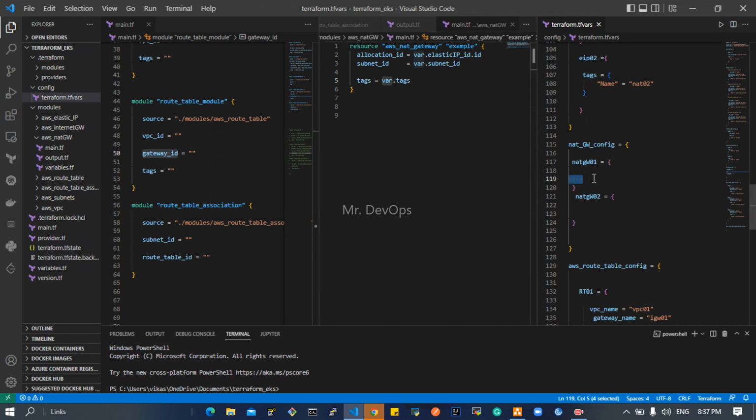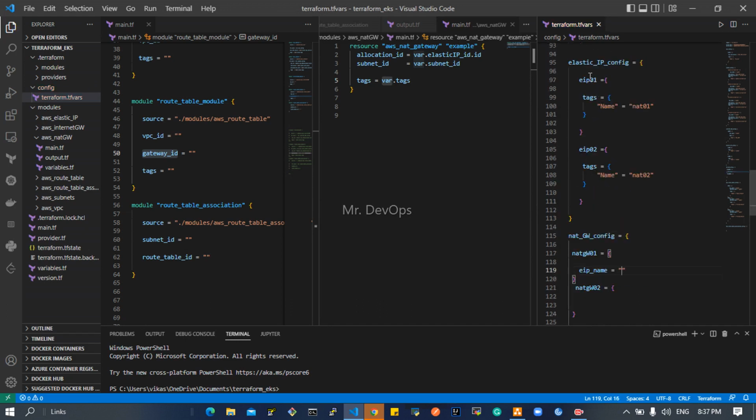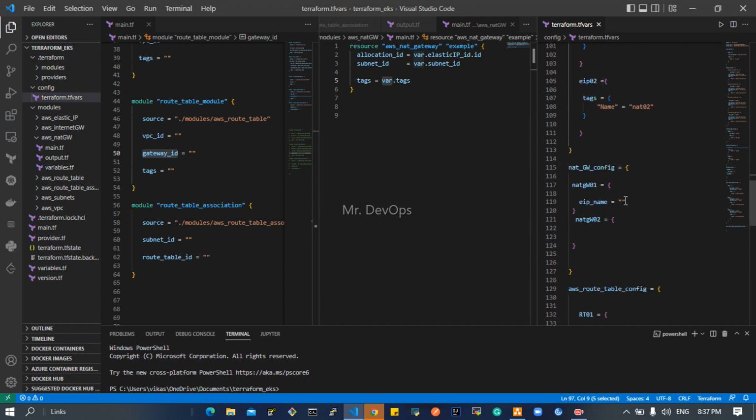I will take the elastic IP name, EIP name, equals to elastic IP. Which elastic IP will you take? Assign it here. Take the key value. Always take the key value. Keep in mind, do not forget. After that,